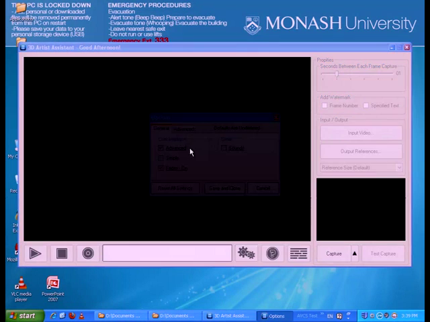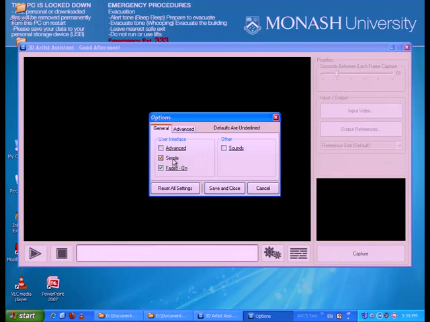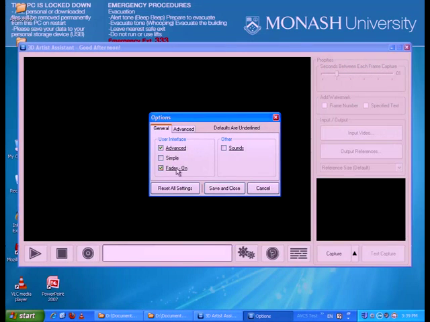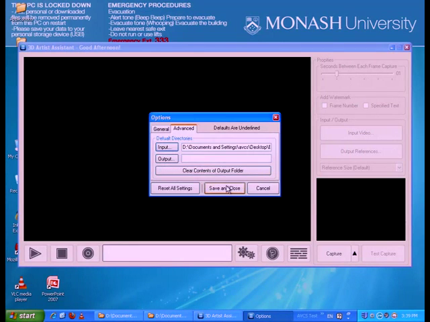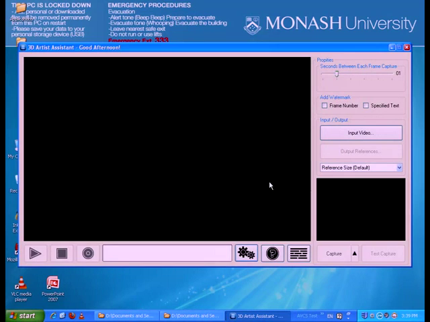And you've got settings. You can go to simple interface, advanced interface, fades on, fades off, and it saves next time you load. Sounds, and you can choose default directories for both the input and output. So like that one for input, and it'll start up there and save all that. And then I haven't actually got any